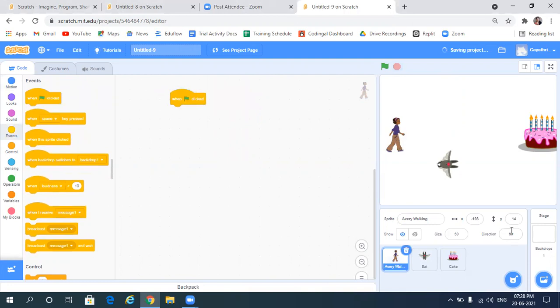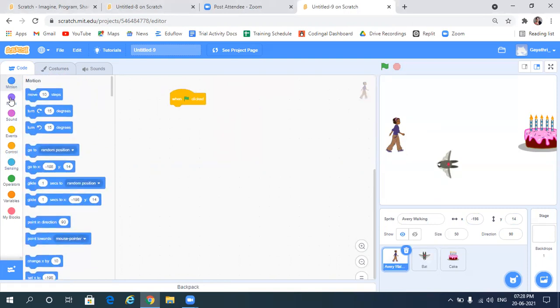So when you click on the girl, you can see the position is -198 and 14. Click on the motion block, select go to -198 and 14. So when you click the flag, this will be the beginning position for the girl.